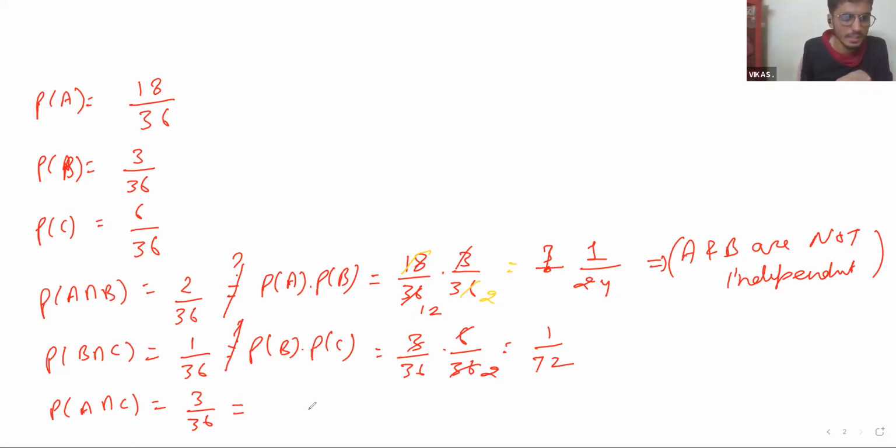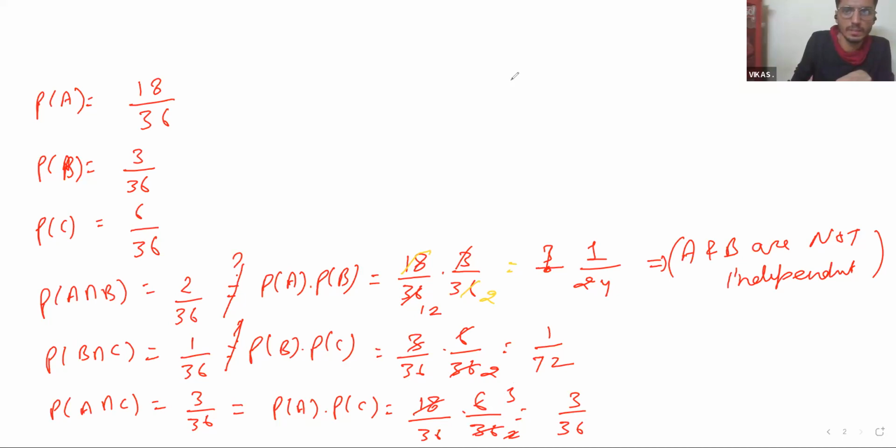So in the case of A and C, probability of A intersection C is 3 by 36. Probability of C is what? So you can clearly see that this probability is coming to be 3 by 36, and this is also 3 by 36.